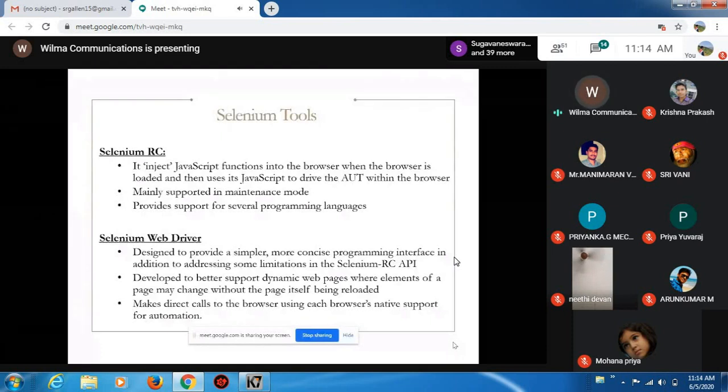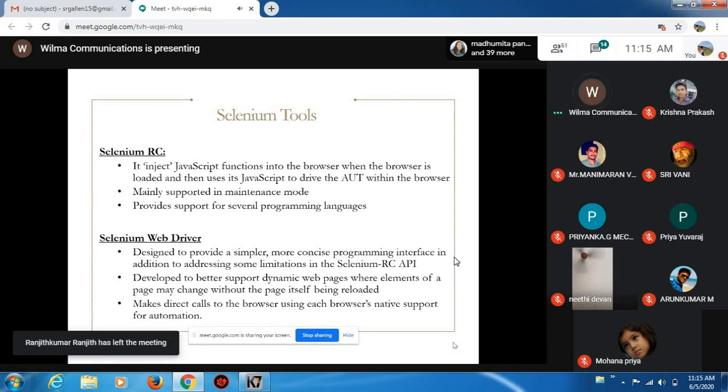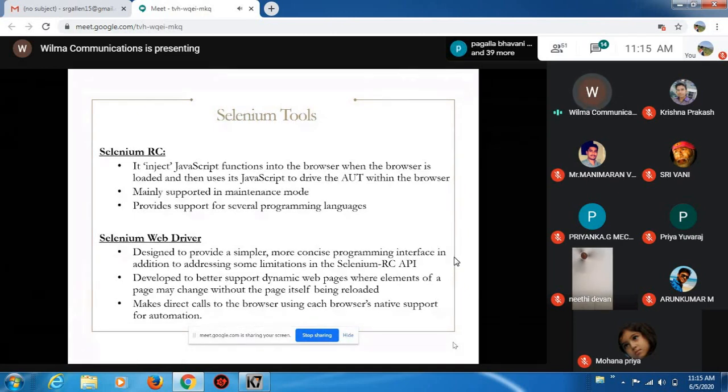So basically, what is Selenium RC? Selenium Remote Controller. Let me take a client-server communication. The client sends the request to the server. How does the client send the request to the server? The client sends the request through the browser. The browser takes the request and reaches the appropriate web server. Now, to communicate from your browser, we have two methods. One is we can connect directly, or we can connect through some intermediate local server.